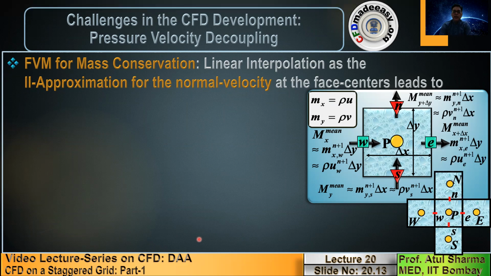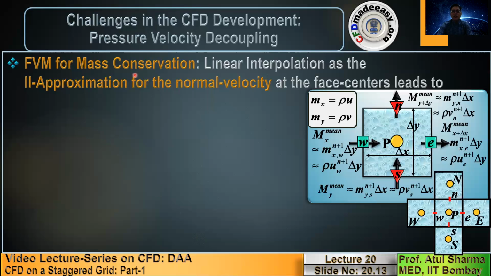Now, in the next couple of slides, I will show you that this second approximation for the mass flux and the pressure leads us to a numerical problem, because when people use those approximations, they found some unrealistic numerical solution. That is called pressure-velocity decoupling. So with this background, let us consider the finite volume method